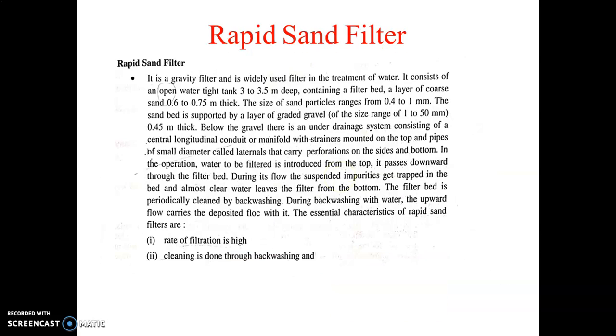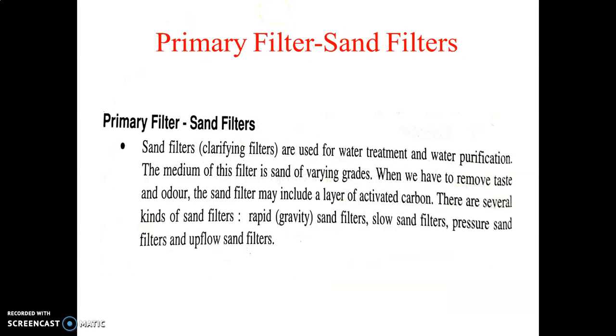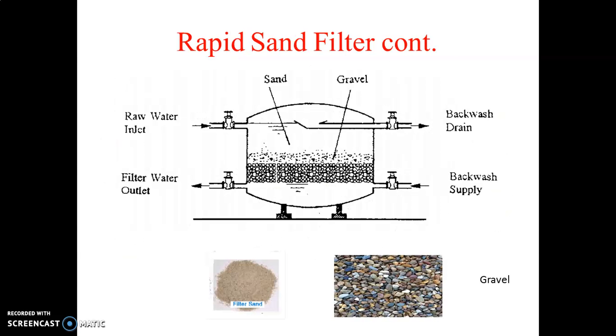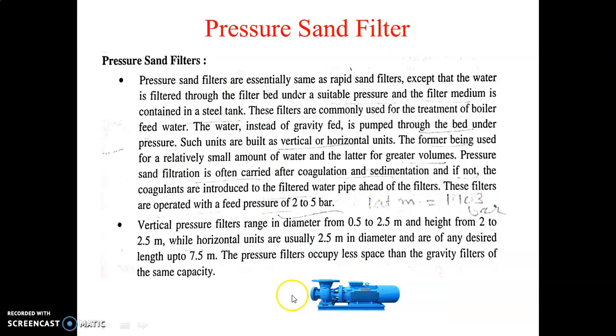Here in the rapid sand filter we are using gravity. The tank is situated above, and the raw water is taken from here by gravitational force and goes onto the filter bed. But in the case of a pressure filter, you just put the tank here, and you connect the pump here, and by starting the pump, the water is pressurized through this pump to here. So it is called a pressure filter.